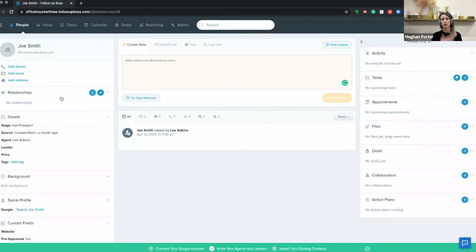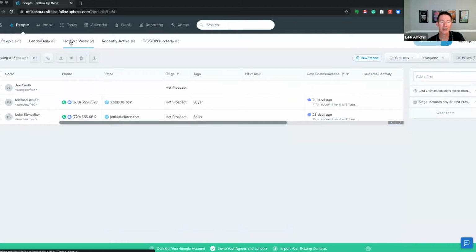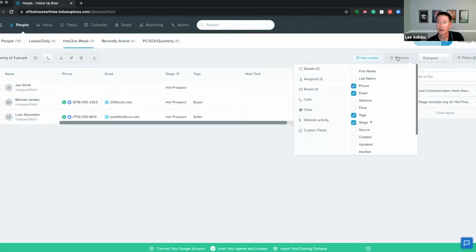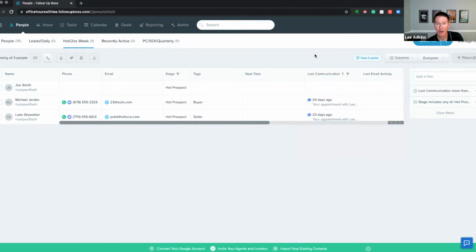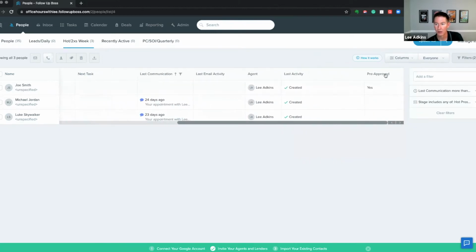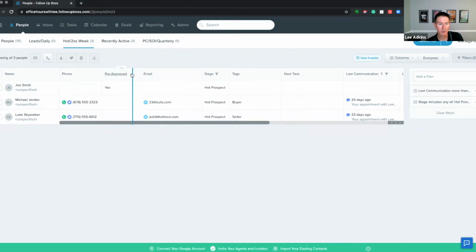So when we talk through smart lists, you can pull that column right into a smart list. Like if you're on a hot list, save it. And yeah, exactly, as you just mentioned, you can select which of these columns to display here. And so you would want to go to custom fields and then select pre-approved. And now it is visible in the system. You can also drag them over and resize them.